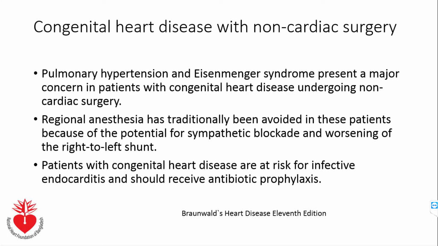So in patients with congenital heart disease having pulmonary artery hypertension, regional anesthesia should be avoided. These patients also have an increased risk of infective endocarditis, about 5 times, and they should receive